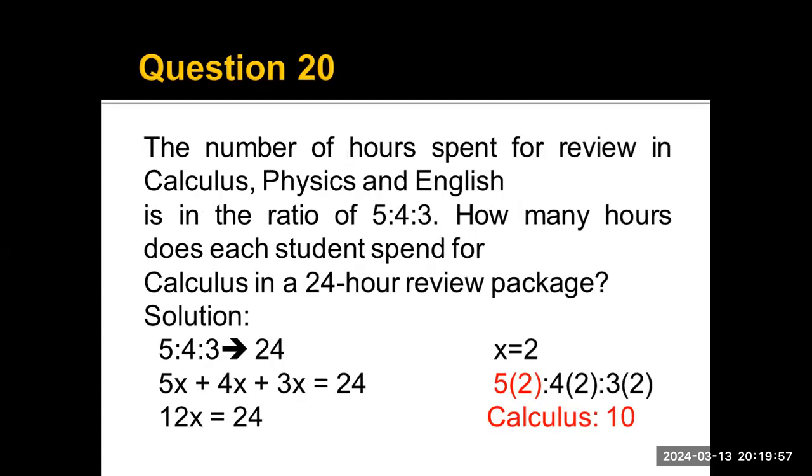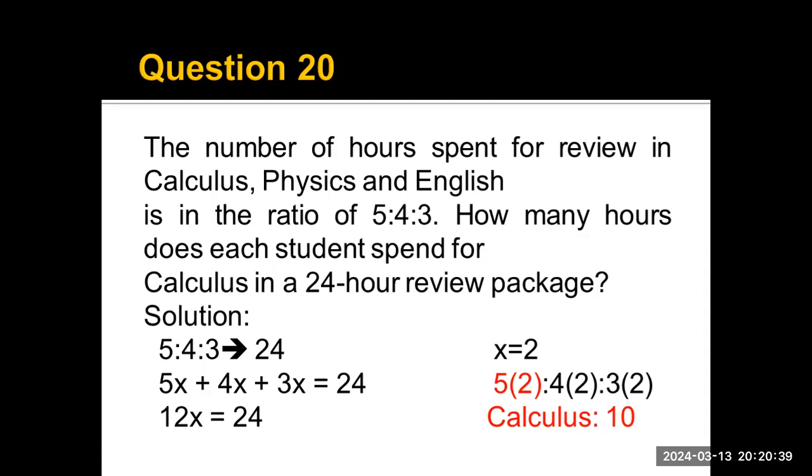Question number 20. The number of hours spent for review in calculus, physics, and English is in the ratio 5:4:3. How many hours does each student spend for calculus in a 24-hour review package? Now, I have here the solution for number 20. The ratio 5:4:3 is related to 24. Because we have the total package of 24 hours, we can equate the sum of the ratio